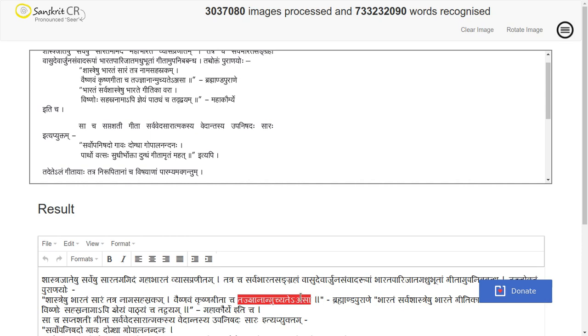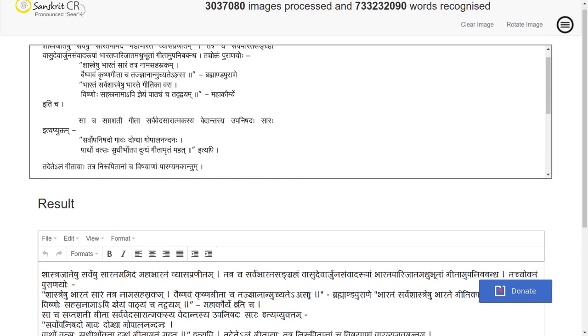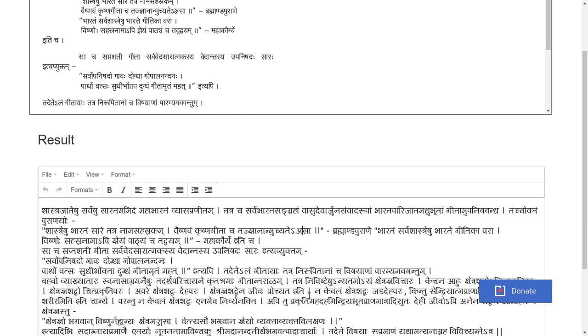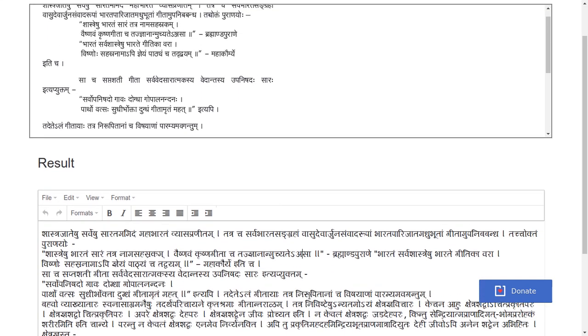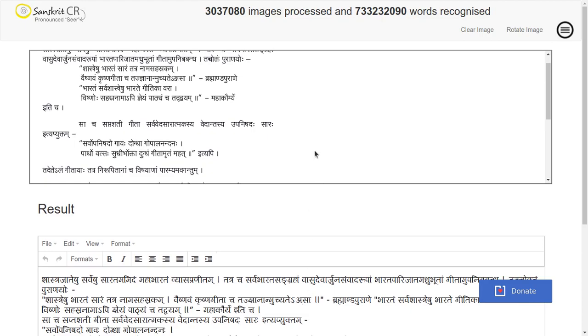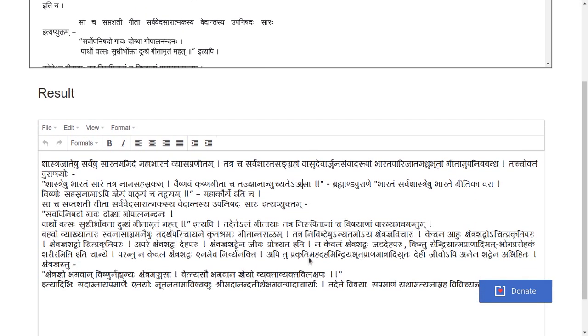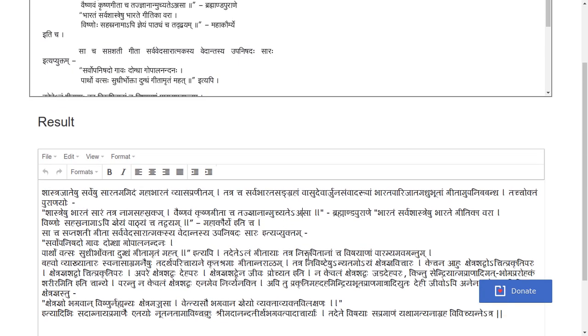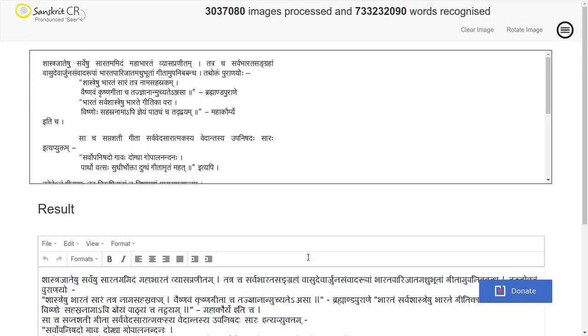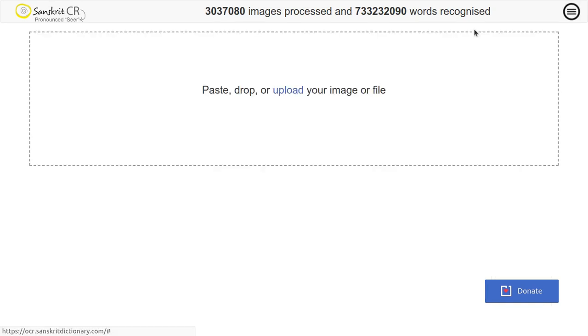That Nja Sanyuktakshara is not recognized by this particular tool. However, these kinds of small errors will be there that we have to edit later in this particular output.